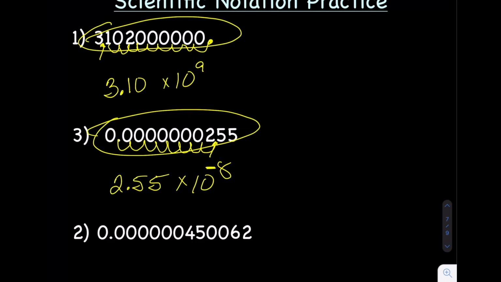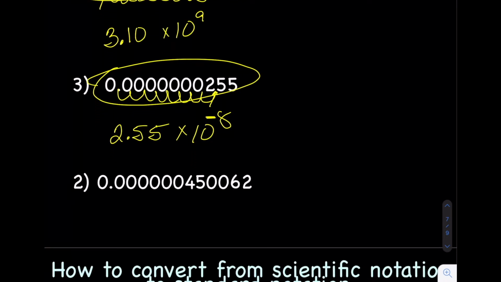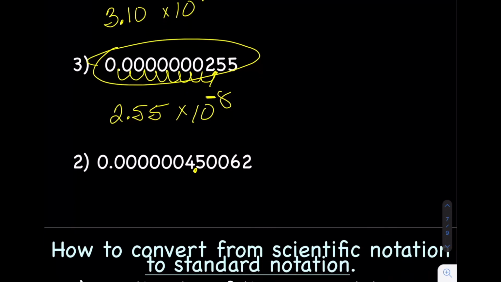All right, let's try the last one. We want one non-zero digit before the decimal. We're going to find the very first non-zero digit, which is the 4. We're going to put the decimal right after the 4. So we're going to have 4.50. First number we're going to drop is a 0, which means we're just going to drop it. So let me get rid of all this so it's not so confusing. So we're going to have